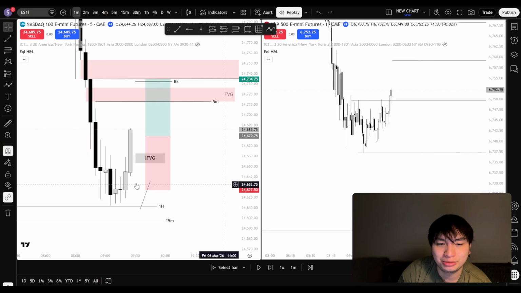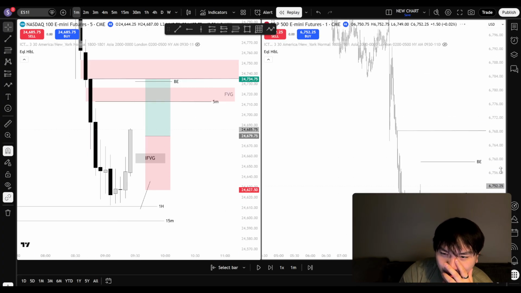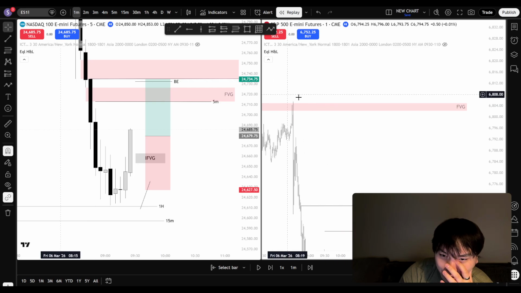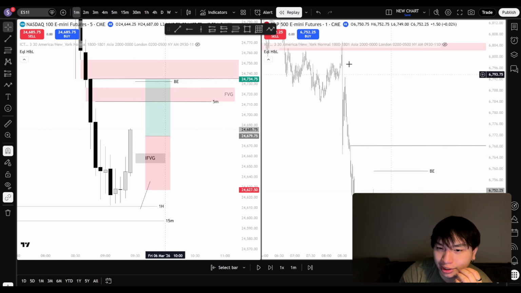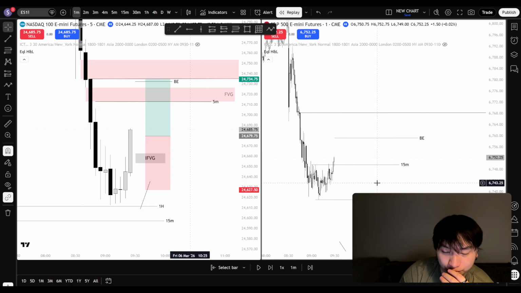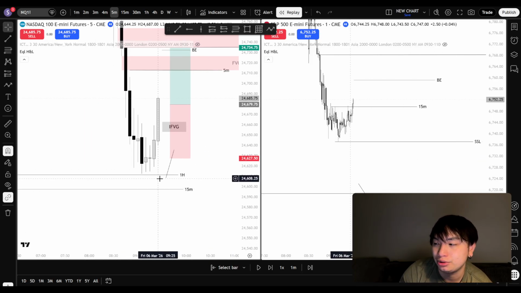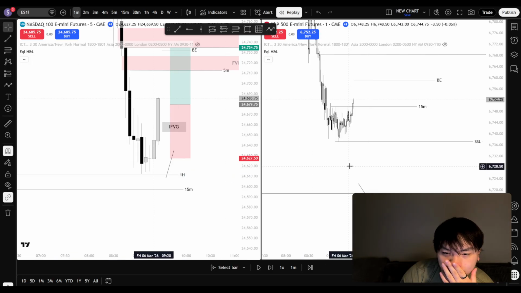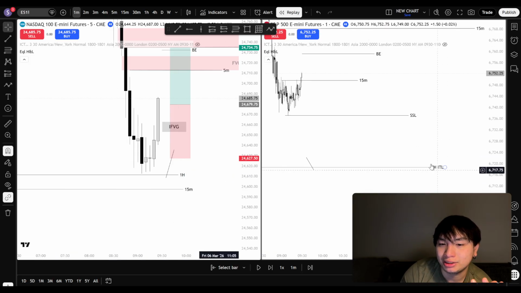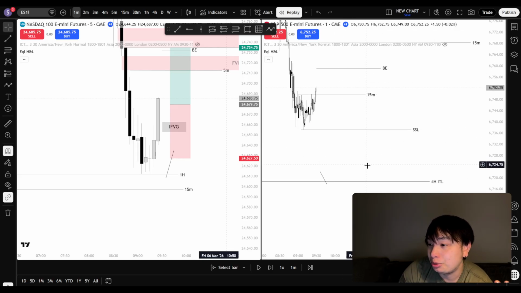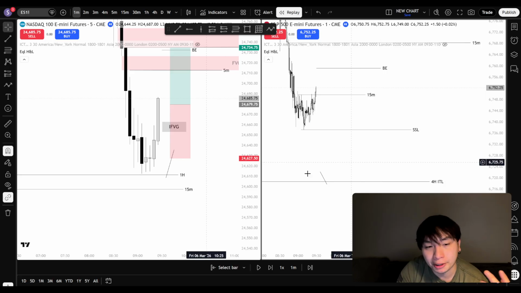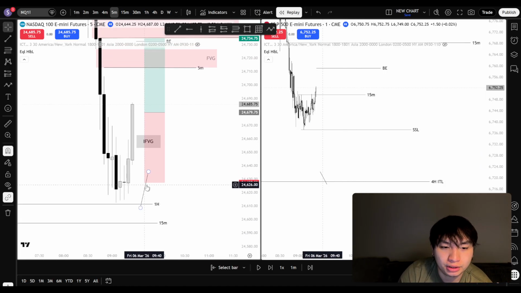ES kind of has similar behavior, not really doing anything. We still had that displacement, you know, hourly fair value gap, and then displacement lower. We ended up, I think, displacing a little bit lower, and actually ended up sweeping into this hourly gap. So we do have an SMT. But if ES manages to sweep into this 4 hour gap down below that intermediate low, I wouldn't mind. But yeah, from there,